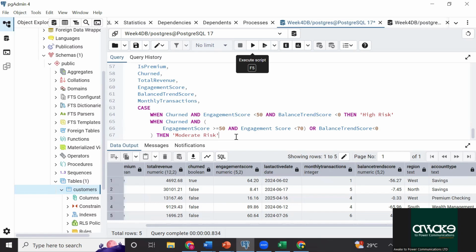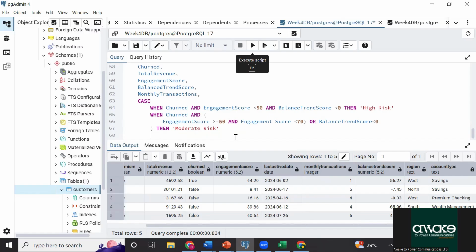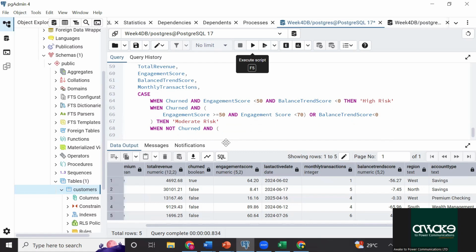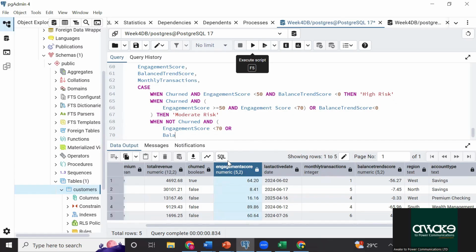So let us go ahead and create a query that watches for our active users, but basically have a sign of risk. Okay, so say when not churned. Okay, so when churn is false, basically, this is what it means. And open parenthesis, you can hit enter, tab to continue. Engagement score. Remember, these are columns in our table, right? Engagement score, you can see engagement score here, okay? Less than 70, or enter. Balance trend score